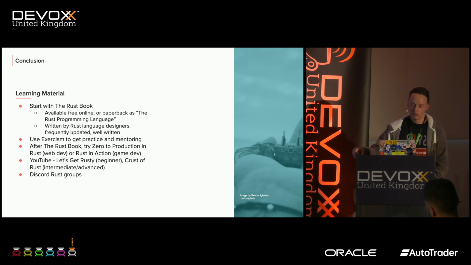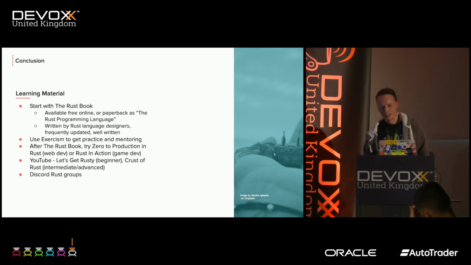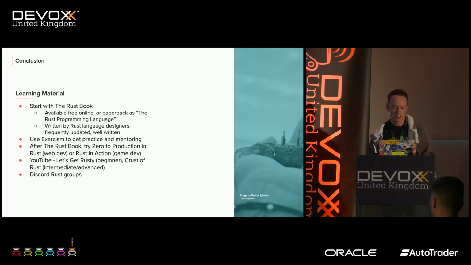And lastly, I would really recommend getting into the Discord groups that exist around Rust. There's an official Discord, there's an unofficial Discord, there's a video game development Discord, there's I think two video game development Discords. Whichever ones you choose to join, I find them really, really helpful. Whenever I'm stuck on something with Rust, with one of my projects, I jump on there and have a chat. And there's always a bunch of really enthusiastic folks happy to help you out and offer advice.